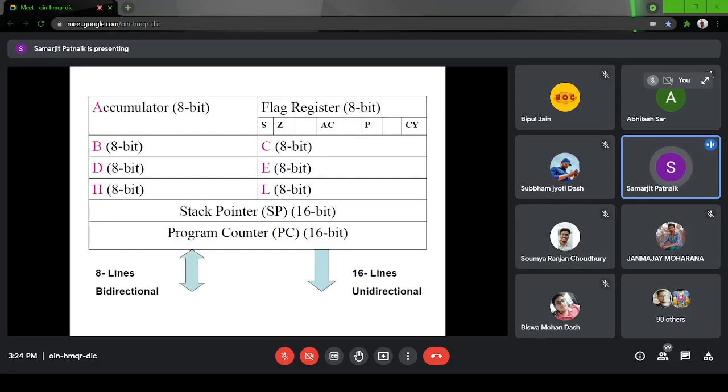So what is the maximum size of int? There is some size, 1 byte or 2 byte. So that is the maximum size we can assign. What is the maximum size in C? 2 bytes. Okay, for 2 bytes, what is the maximum number we can assign? 2 to the power 16.